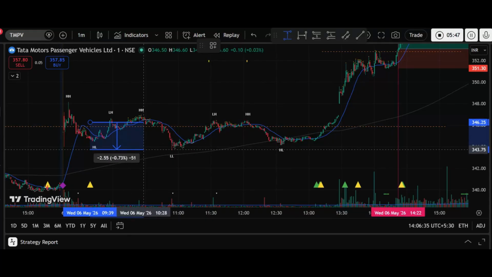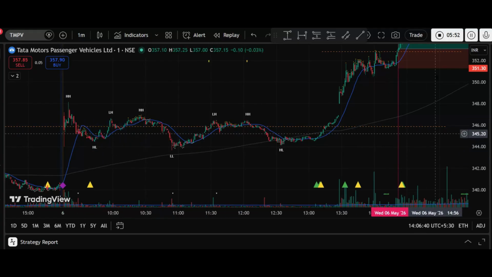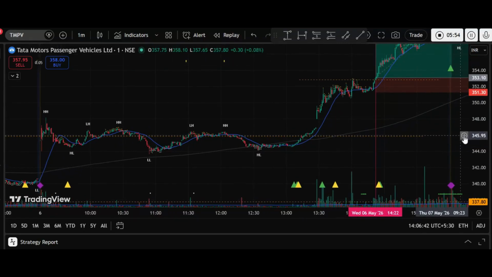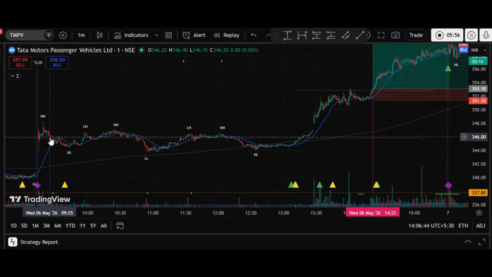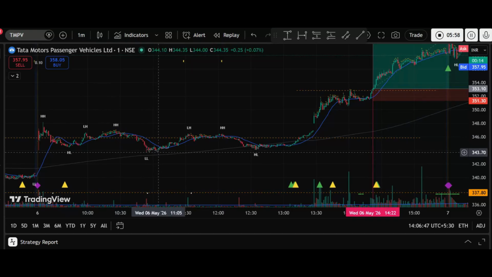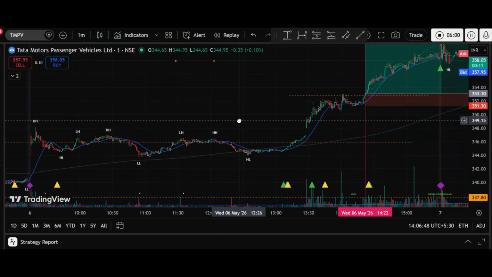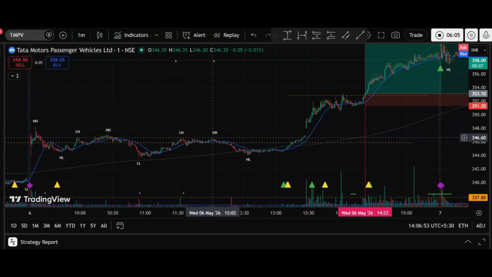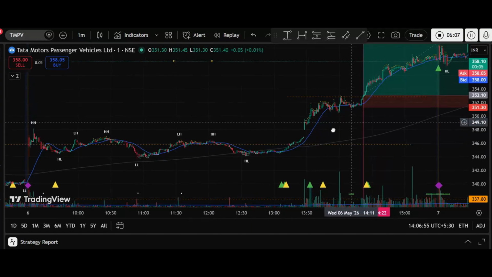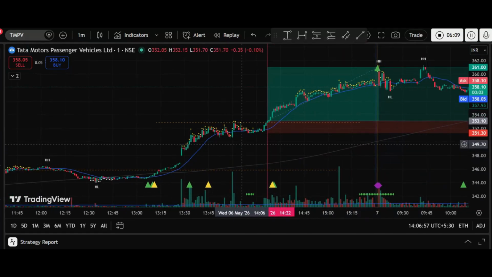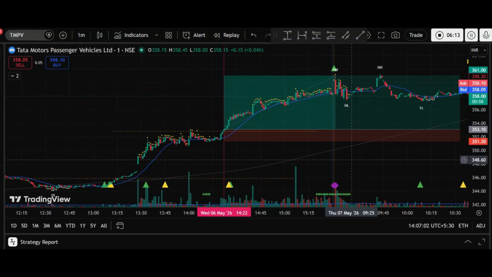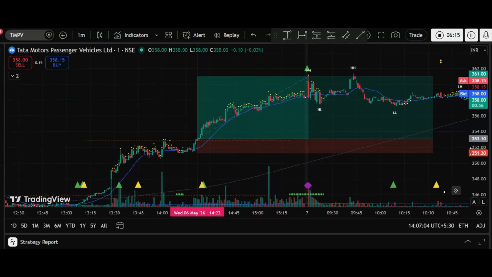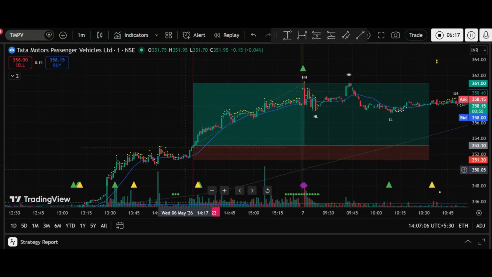That move would be nearly 0.75%, which is a big amount. And if you're trading intraday options and futures, you don't want to see a loss, especially up to 1%, because it will be a great amount. So, how can you avoid that? You have to wait for the confirmation, which is a smaller overbought zone after the consolidation zone of 2 days, or maybe a day or 3 days. Now this is our entry at